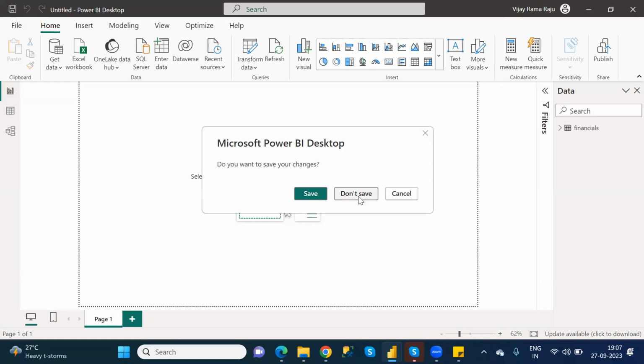That means it is asking whether you only want to cancel this application, or can I save the data, or can I close without saving the data? It is with your confirmation.